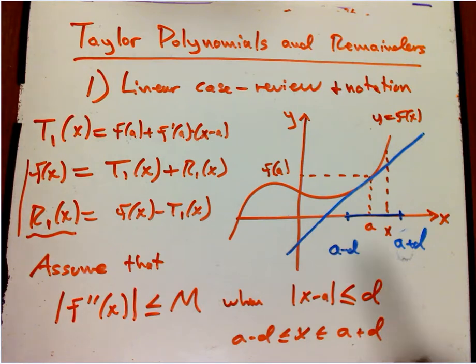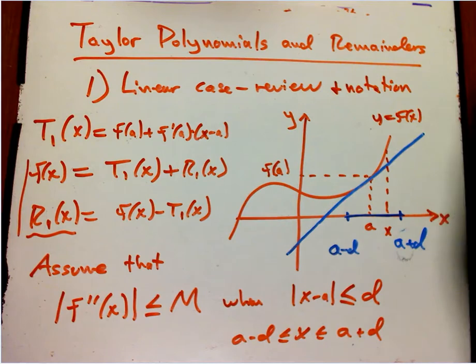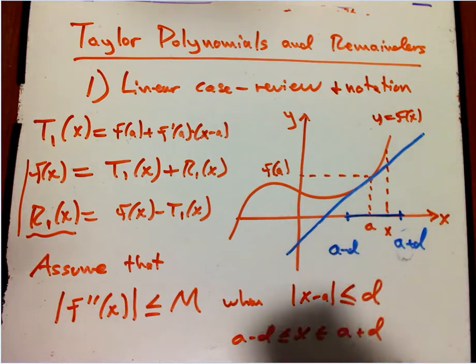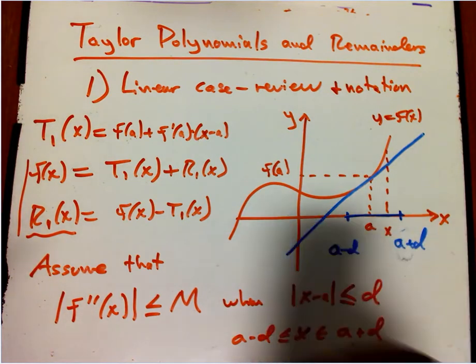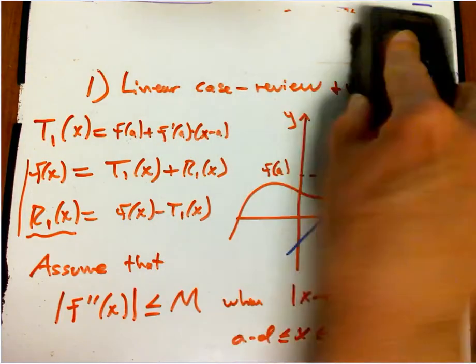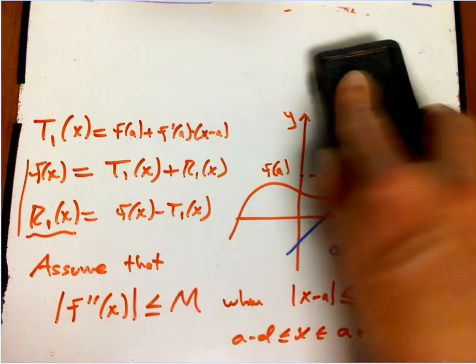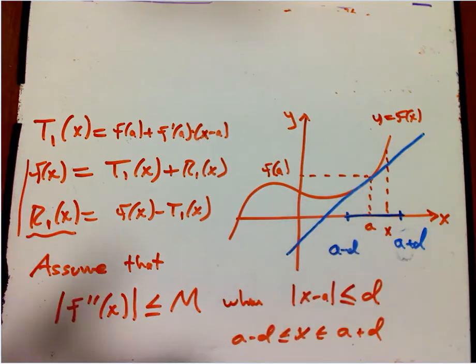And there can be a little bit of a subtle issue of what do you choose for your D and how do you calculate M? How do you get some sort of upper bound? But that's more for the details than for this review. Okay, assume all that, and then I've run out of space. Well, I'll put it back up here. Okay, then